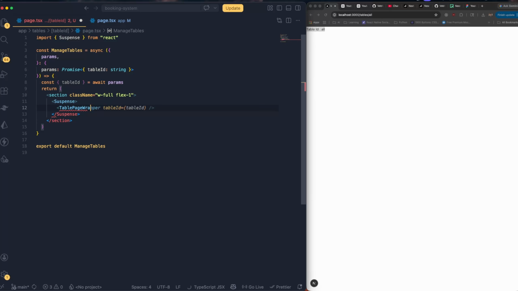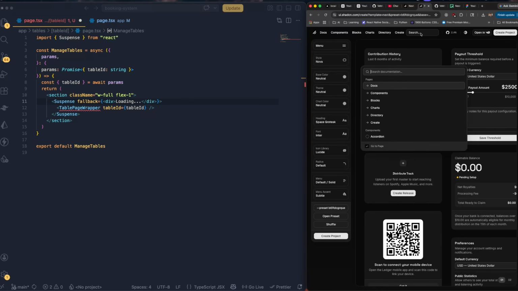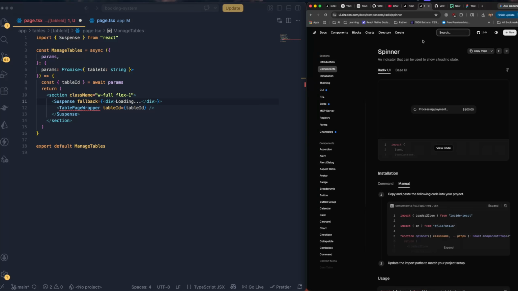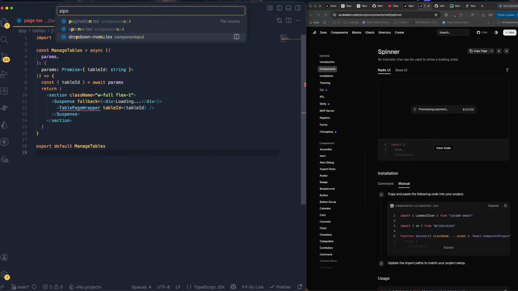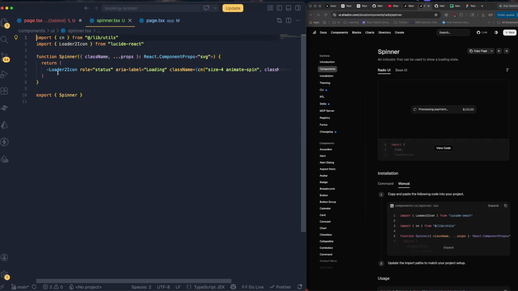Then inside the Suspense, we need to make sure this is the table page. This is the wrapper class where we are going to fetch the table informations. So for that, I need to supply the table ID. So let's supply the table ID. And for this, I need to have a fallback UI, fallback. Instead of simply using this, in the shadcn you should be able to see a component called spinner. So basically, you can use the spinner component. If you open this spinner component from UI, it's using this loader icon. Instead of this loader icon, I'm going to make sure to bring